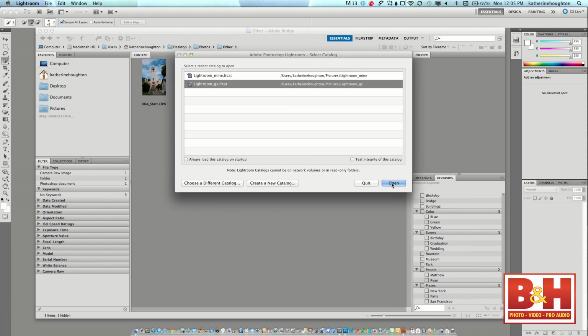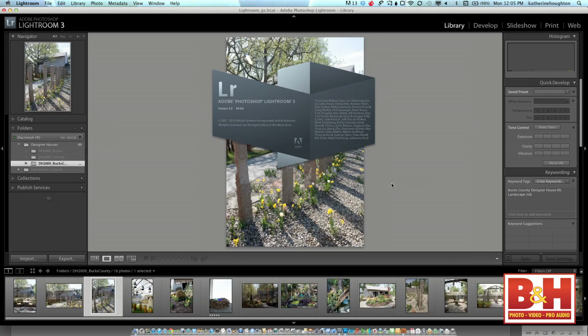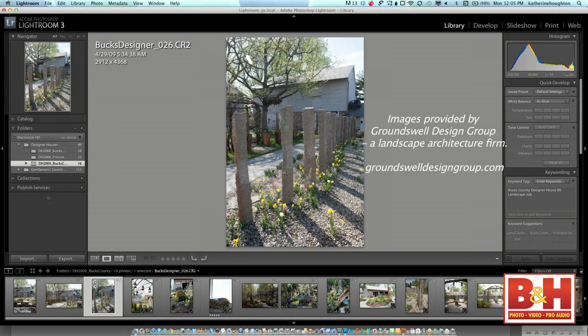And you can see this is a perfect example of why I love Lightroom, because clearly I have different catalogs for different clients, and maybe personal ones as well. And do I want to have them all in one space? No, I like everything organized. So we're going to see the organization as well. So I'll open that up. So you can see here, when I first open it up,